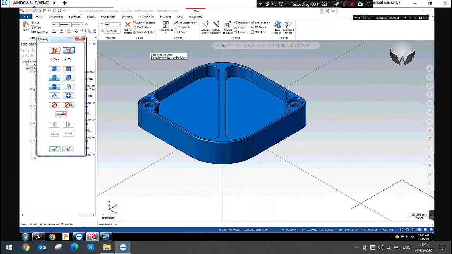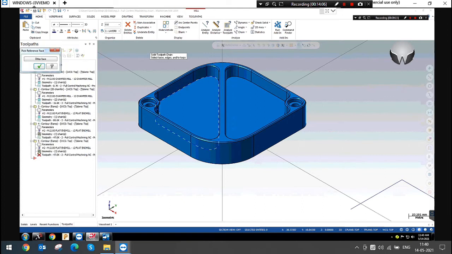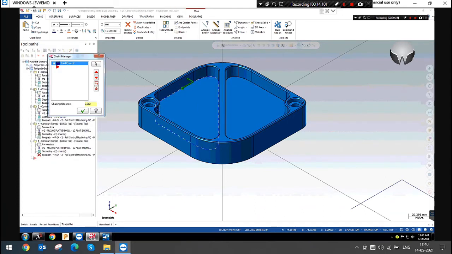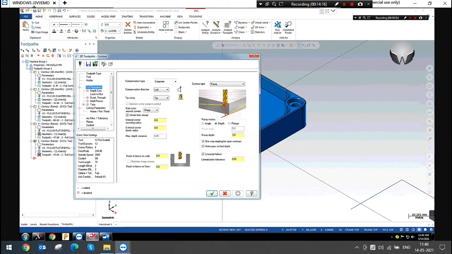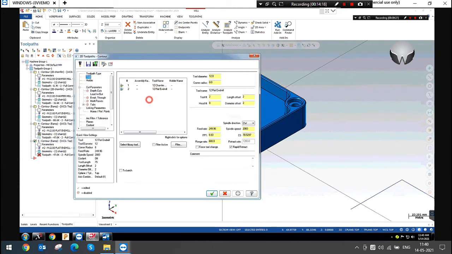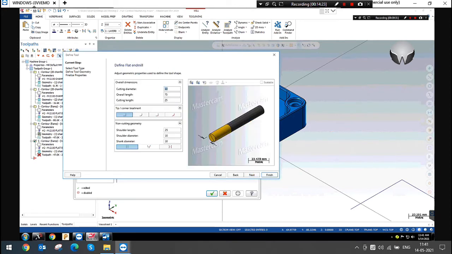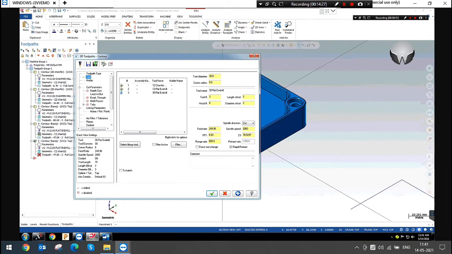I'm defining by continue change selection. I'm going to run inside, change side. I will define a tool of 30 mm. This is an example, brother. I'm just finishing with the 30 mm tool.